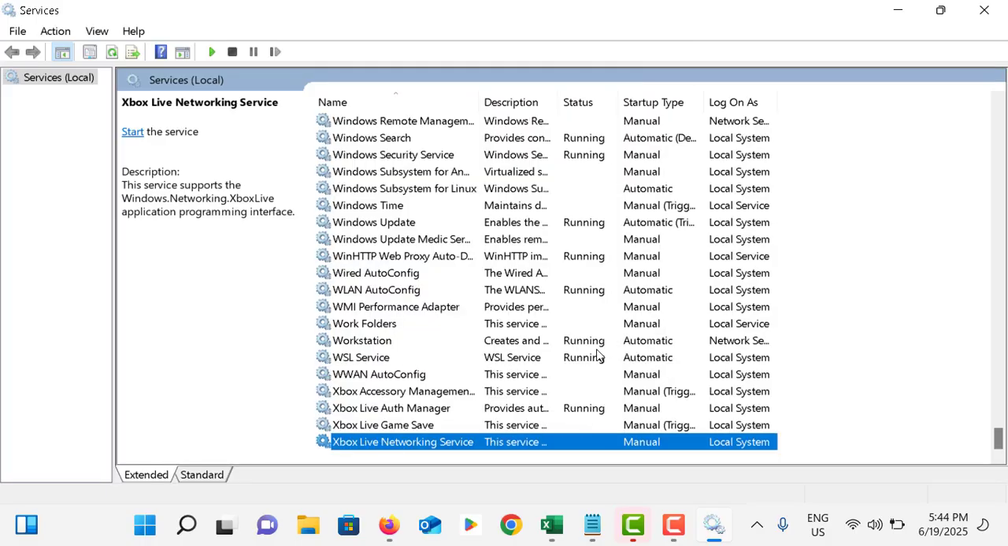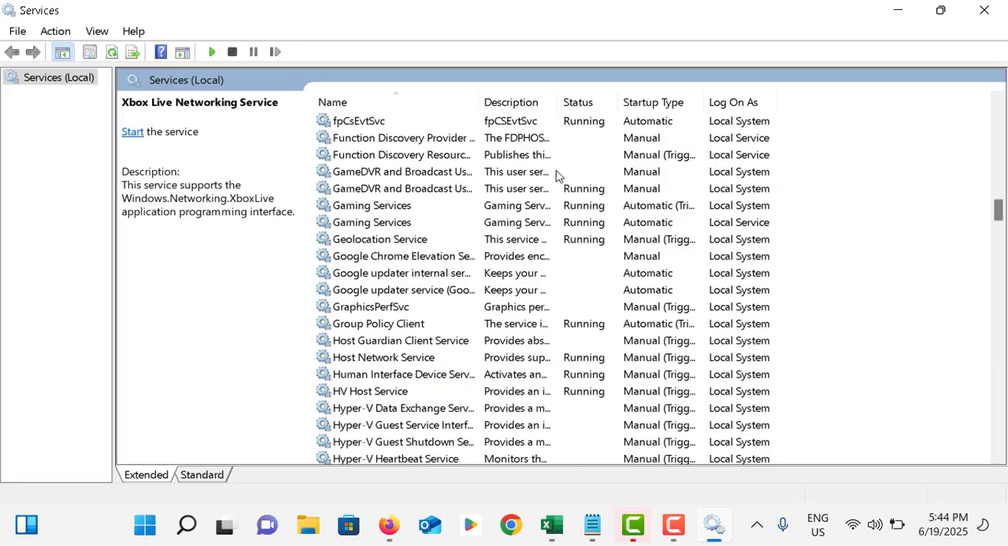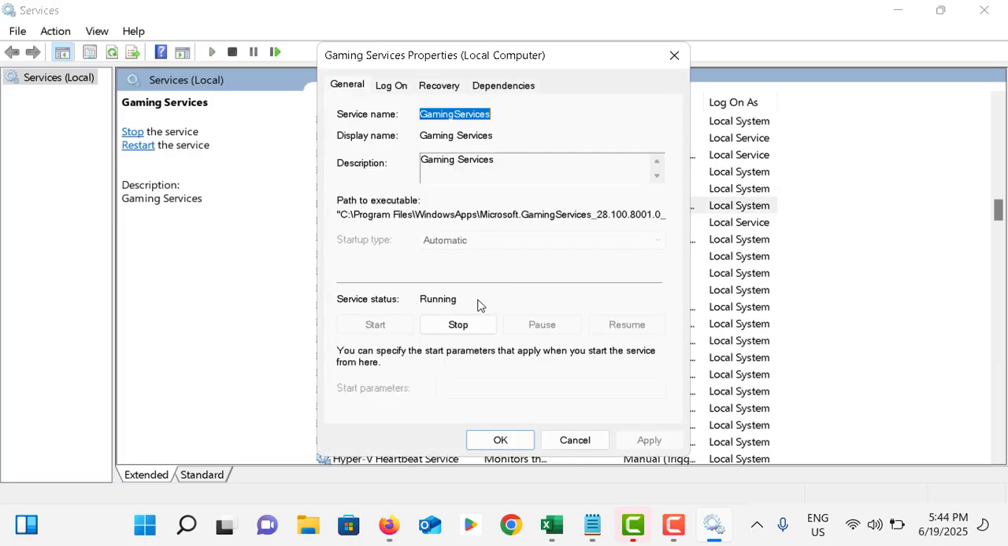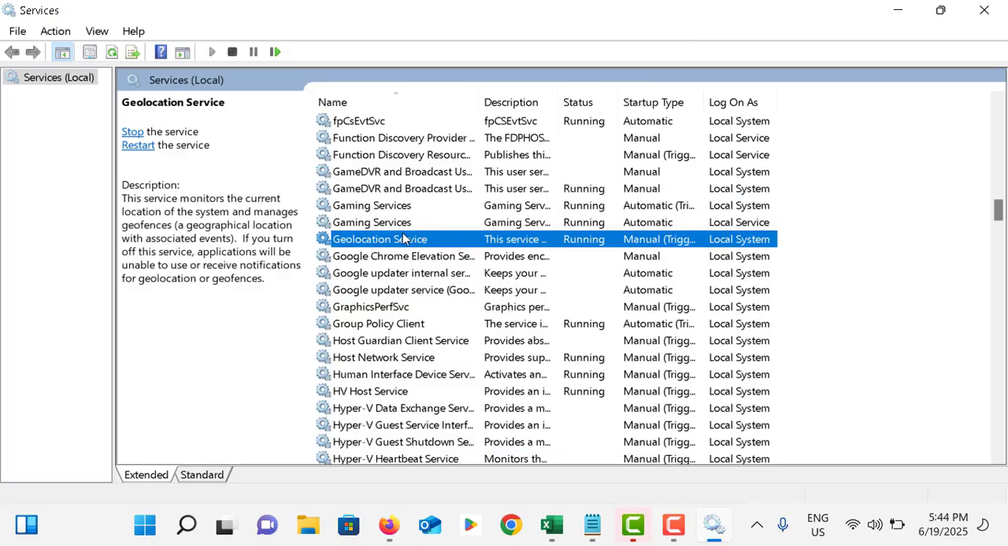Finally, Gaming Services, go up. Okay, here it is, double tap on it. It is set as automatic currently. Close this one, go to